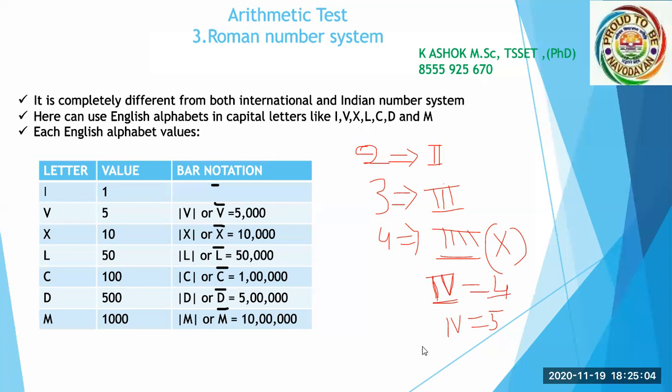So maximum questions will be asked based on the type and based on the conversions. Okay, you have to convert the things. For 6, you know already how we write the 6. The 6 can be written like this. This is 6. How can you write the 7? You have to put the 7 like this. V is 5 and this is the 2. 5 plus 2 is 7. So we are writing 7 like this.